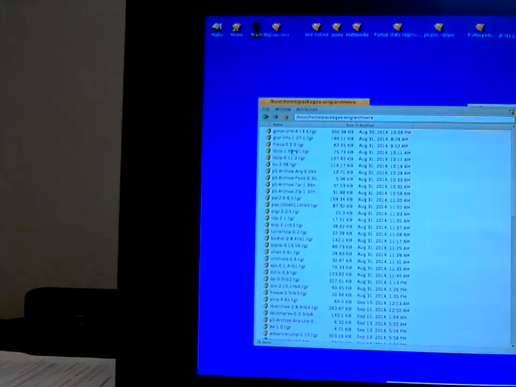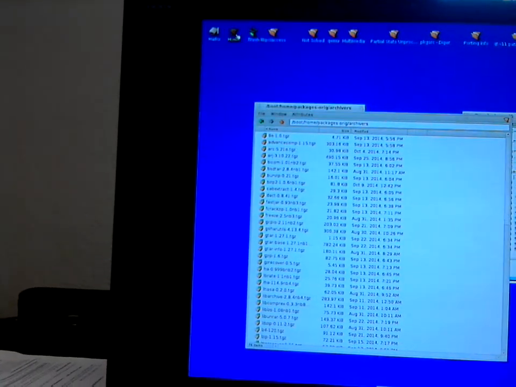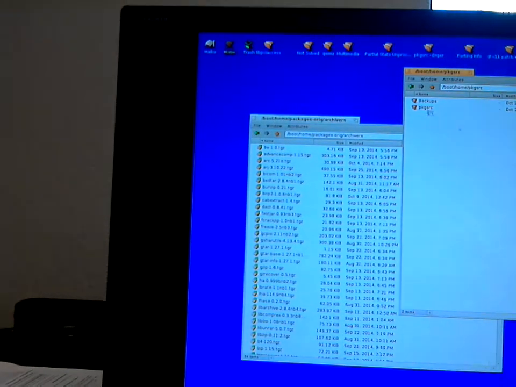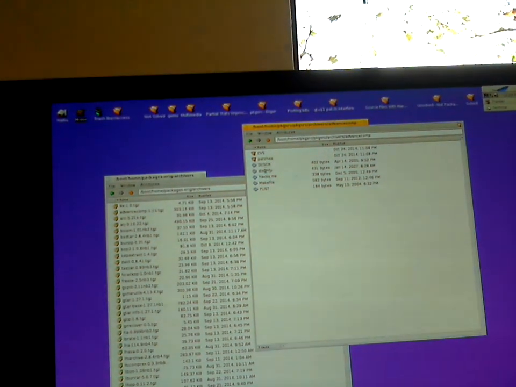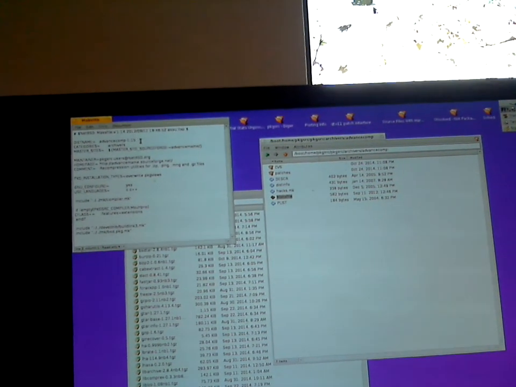So let's see. I originally had built Advanced Comp 115, and now we've got .115. So it not building now is, I don't have a rational explanation as to why it didn't build this time, and maybe